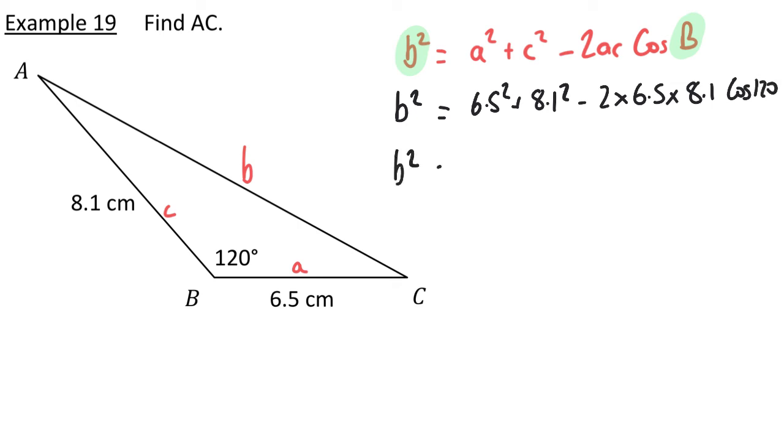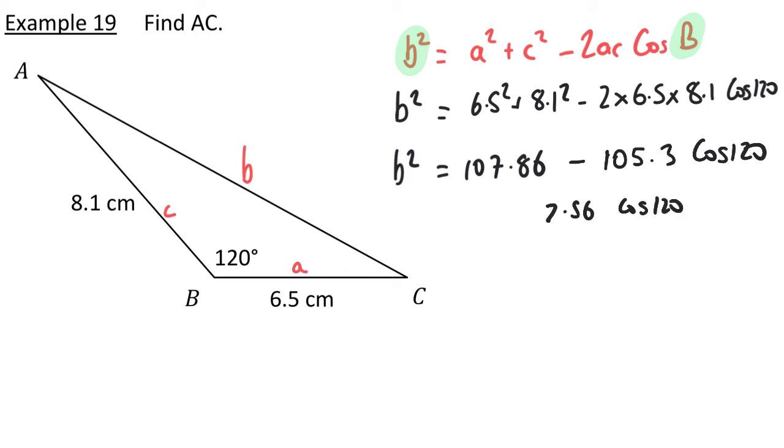So that's B squared is equal to 107.86. Now that's found by squaring 6.5 and 8.1 and adding those together. Minus, so 2 times 6.5 times 8.1 is 105.3, and then it's cos 120. Now remember, we don't take those away, so we don't have 2.56 cos 120. So that's wrong, that's not what we do. We just put it into the calculator as it stands, and we get that B squared equals